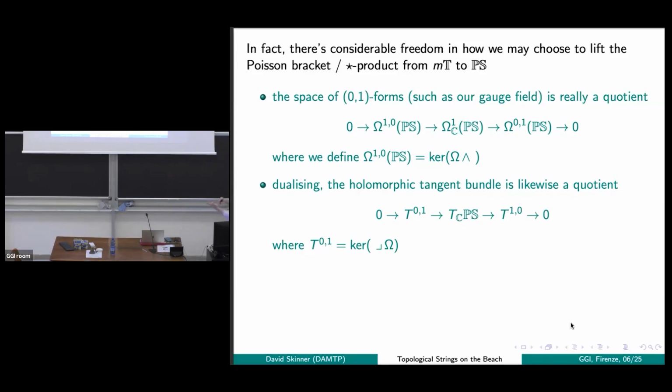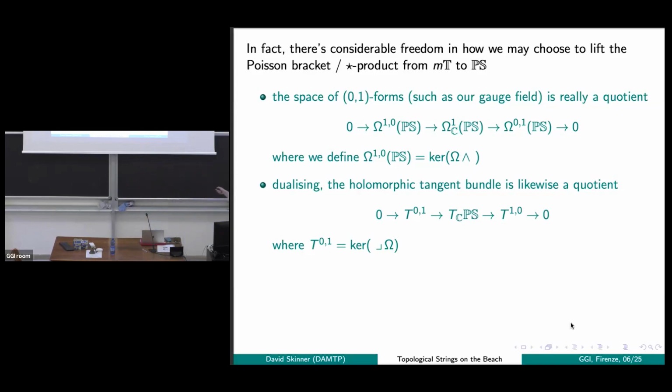And so I've got 2 complex directions, 1 real direction in 5 dimensions. The omega already saturates the holomorphic part of the 2 complex directions. So what we mean by a holomorphic 1 form on the spin bundle is anything that wedges to 0 on that. And then the remaining forms, the 0-1 forms, are really just a quotient. They're any 1 form modulo things that wedge to 0 against that. But again, because they're defined as a quotient, I'm always allowed to add on a little bit of a holomorphic 1 form to something I'm treating as an anti-holomorphic 1 form. So there'll be a 3-dimensional space of these anti-holomorphic 1 forms, but it's defined just as a quotient.